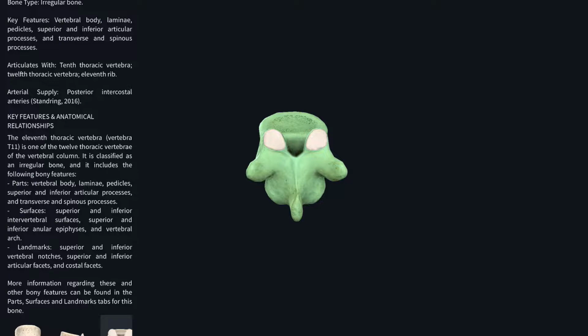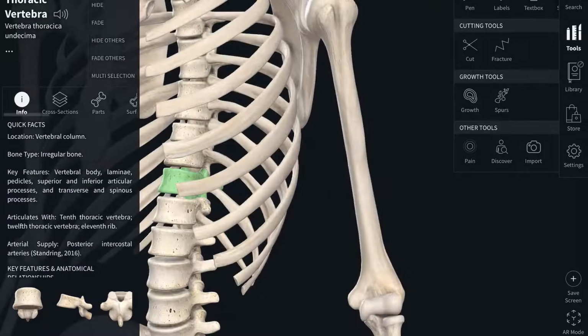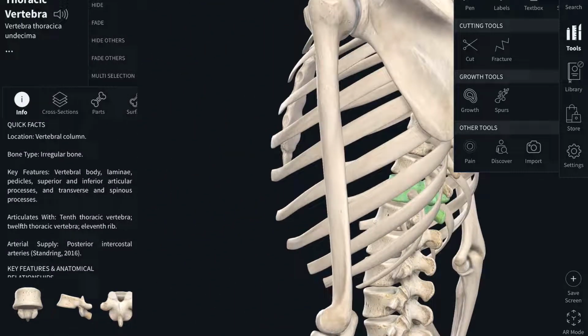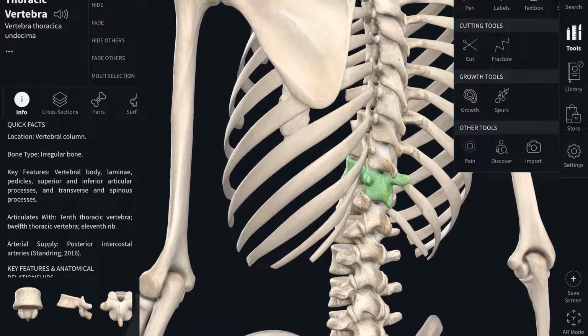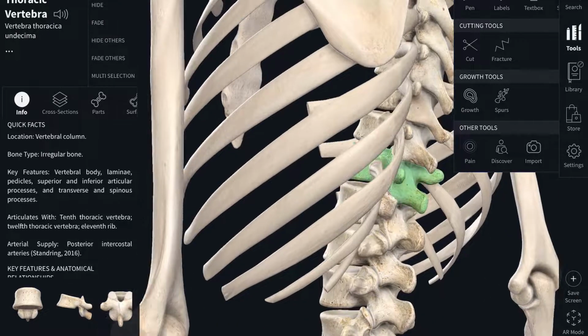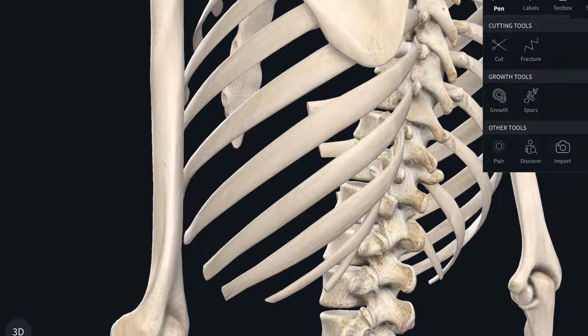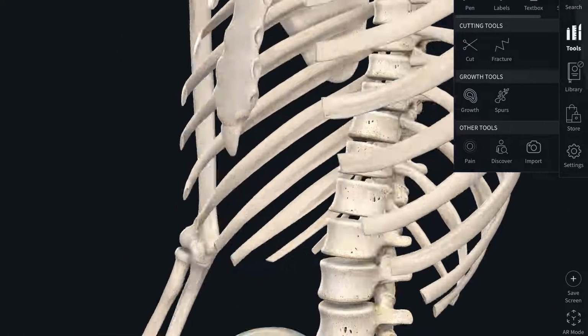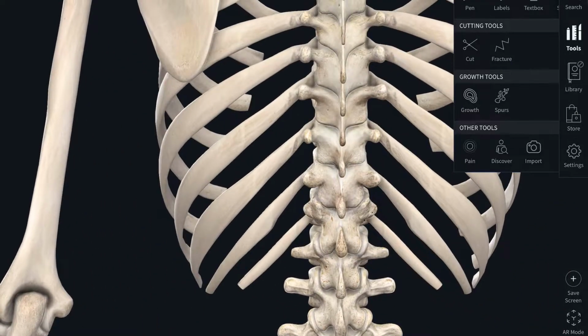So if we were to undo this, this would be the spinous process, and then the projections called the transverse processes are the two lateral projections. So if we look at it sideways,